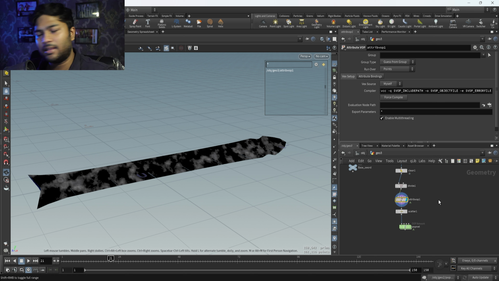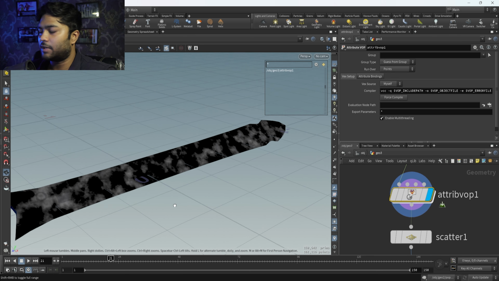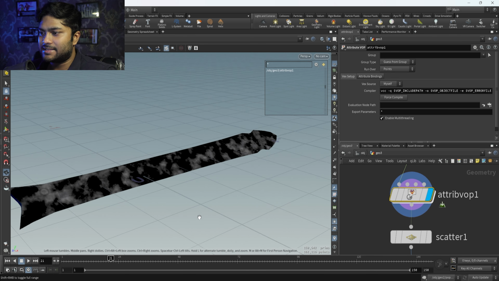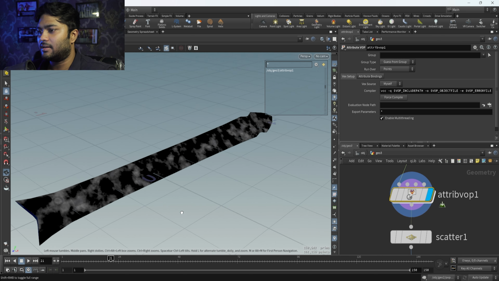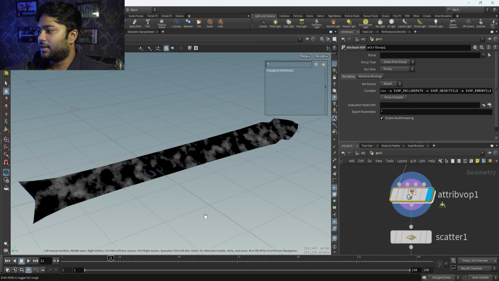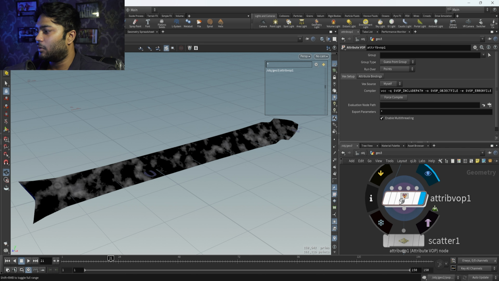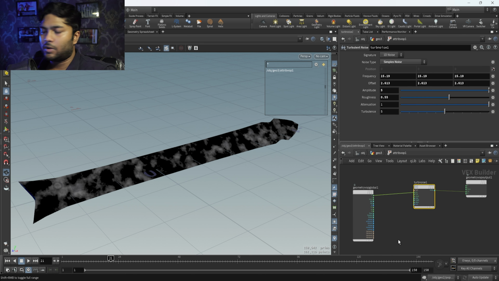In the last class we just created this noise effect inside Houdini, in this sword. Today we will enhance that noise effect. So how will we do that? First of all, we will go inside our attribute wrangle. After getting inside, we will play around more with the noise effect, to create more types of noise for our simulation inside Houdini.